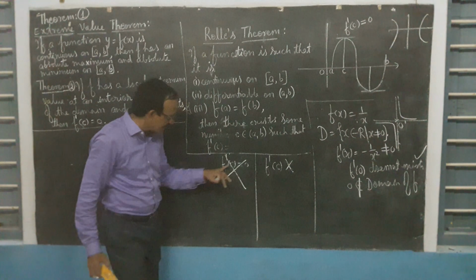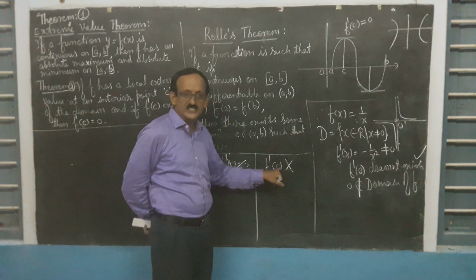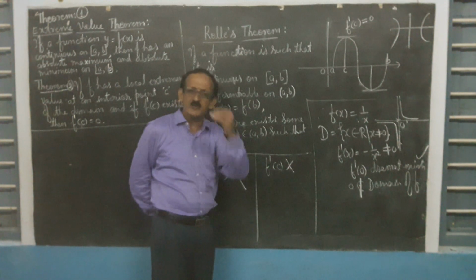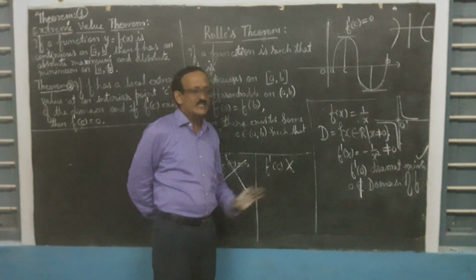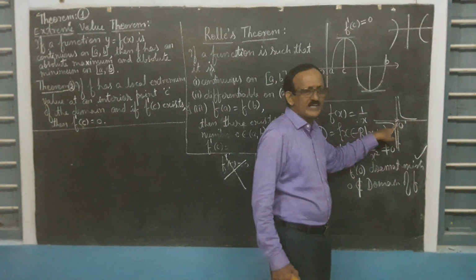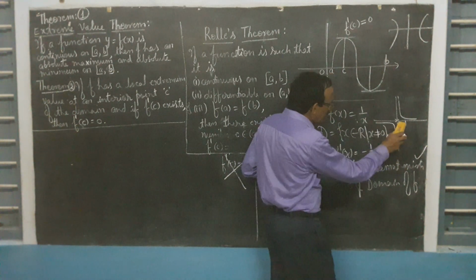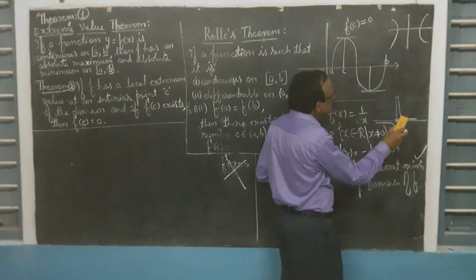Neither f dash c equals 0, nor does f dash c not exist. There is no critical point for the function here. That we have observed through the graph. There is no critical point for this function. At 0,